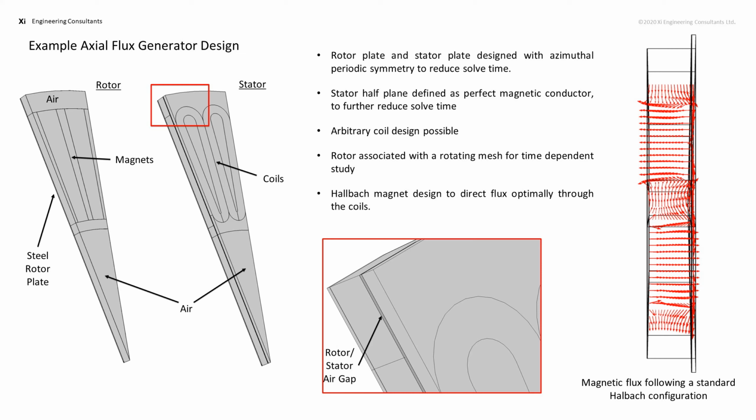This is akin to a symmetry condition. As shown, an arbitrary coil design is possible, and the rotor is associated with a rotating moving mesh, which is a time-dependent feature, while the stator is fixed. These form an assembly. The magnet array is pulled in a standard Halbach configuration in order to direct parallel field